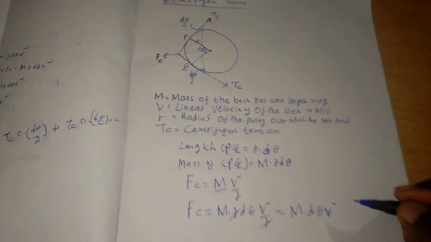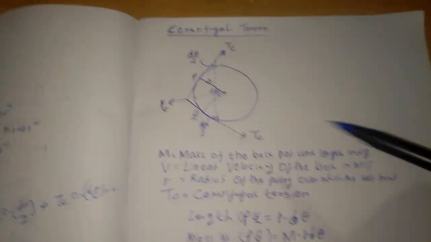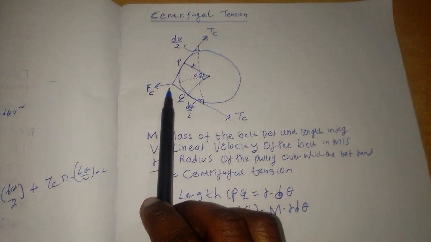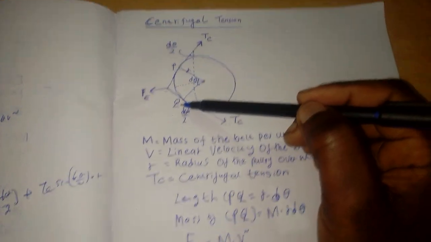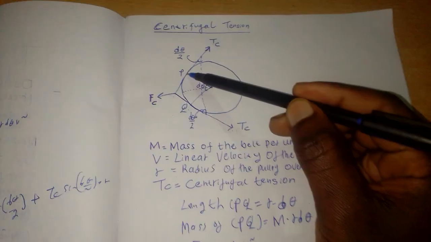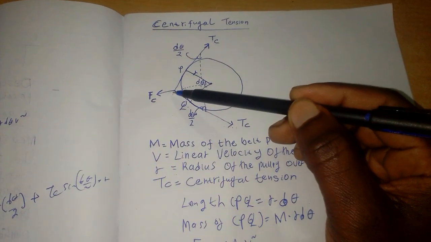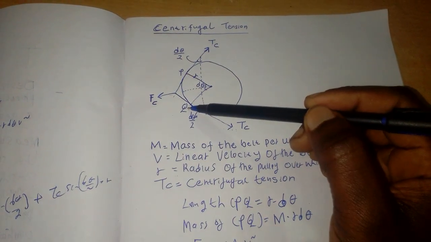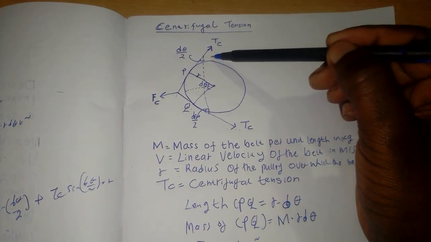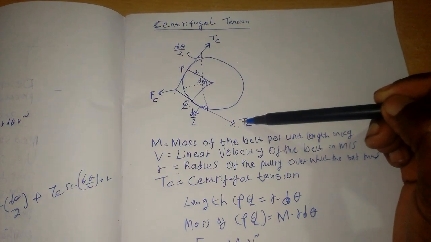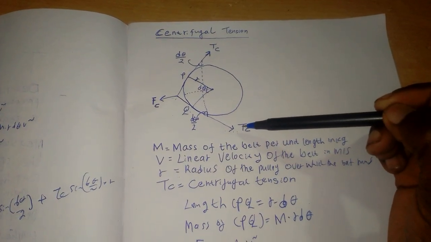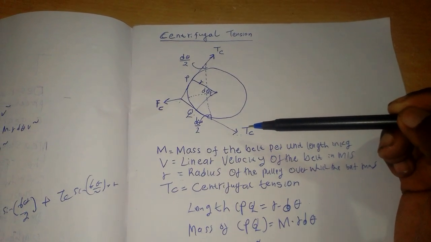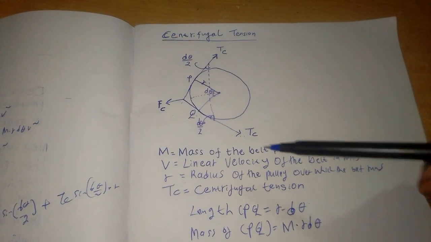Now this centrifugal force acting tangentially at P and Q causes the belt to be in equilibrium, meaning the centrifugal force at PQ is equal to the tension at the slack side plus the tension at the tight side. Now, resolving all the forces horizontally and equating the same, we are now going to have